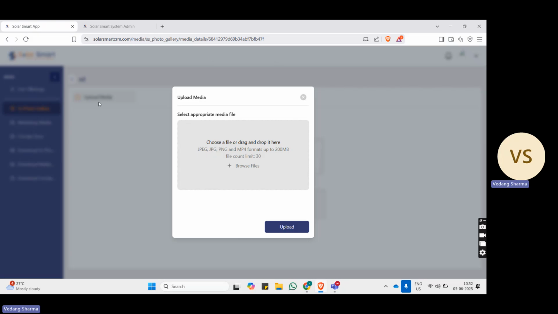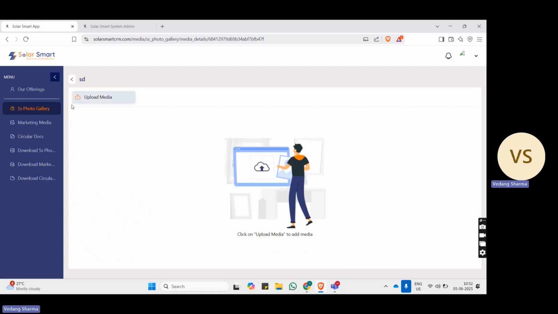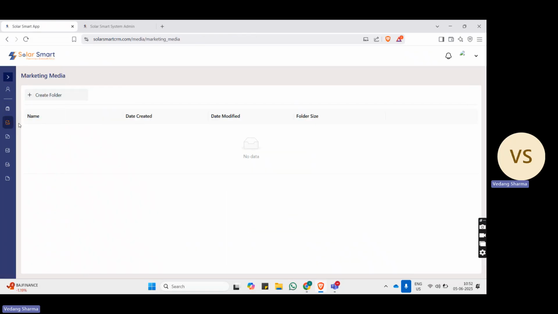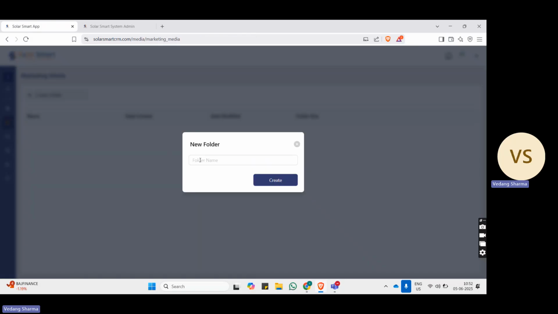They can upload media. This is for internal purposes. Whatever events they are having in SolarSmart, they can upload the images. The admin can upload the images, and the users can download or see these images. When we talk about media management or marketing media, here